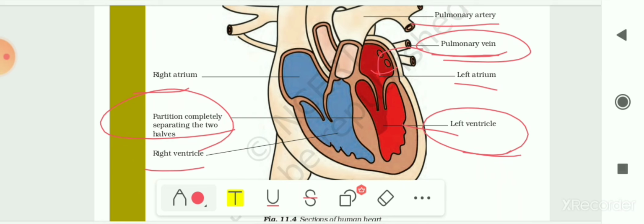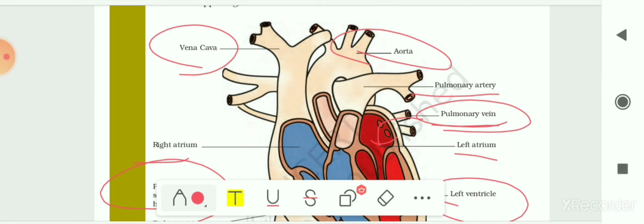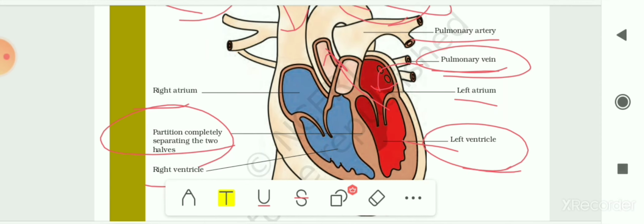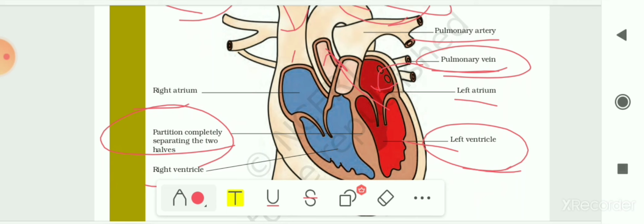Once this left ventricle is fully filled with the blood which is rich in oxygen, it will go to the rest of the body parts through the main artery, that is the aorta. From here it will reach the rest of the body parts through this aorta. After reaching all the body parts, the blood is collected by the different veins in our body, and at the end the main vein, that is the vena cava, will bring the blood which is rich in carbon dioxide, and it will empty the blood into the right atrium.